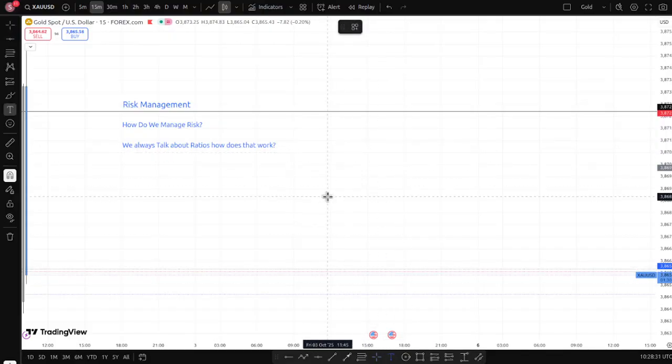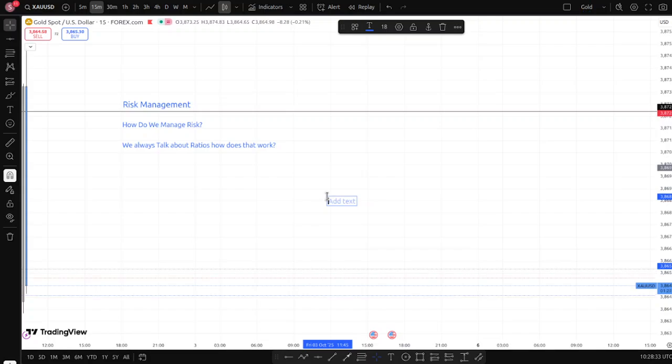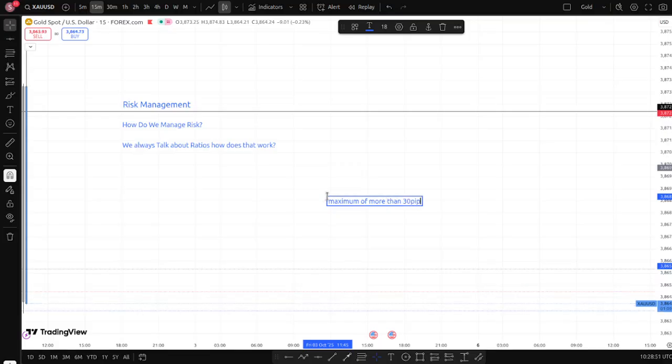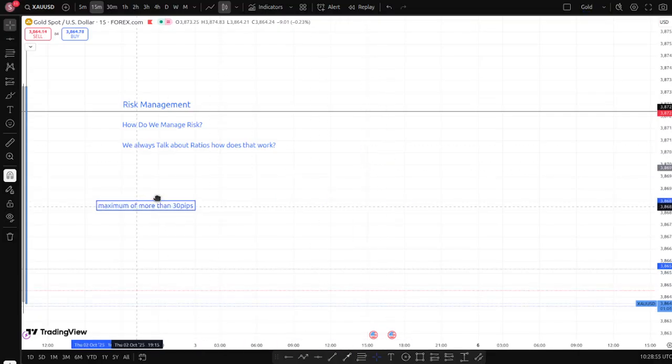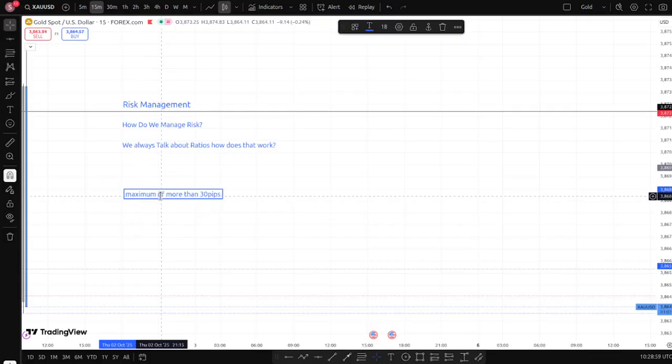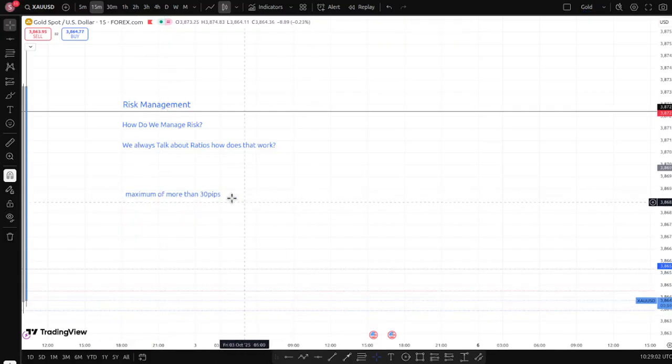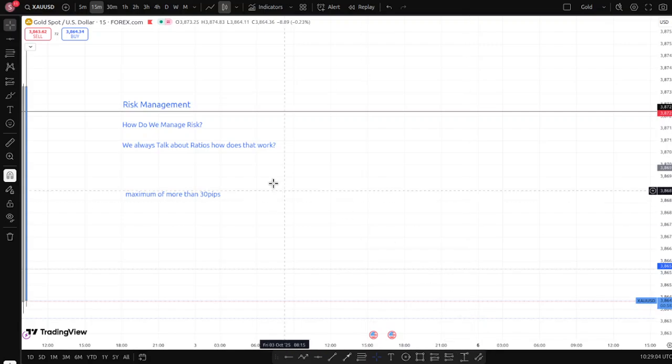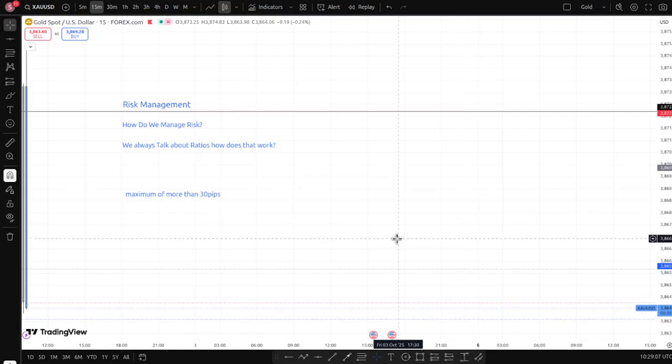Number one, most of the time guys usually talk about risks, that our risk should not have a maximum of more than 30 pips, right? You don't have a maximum of more than 30 pips, so all your trades, you know none of them will go more than 30 pips, okay? So this 30 pips is your risk, but